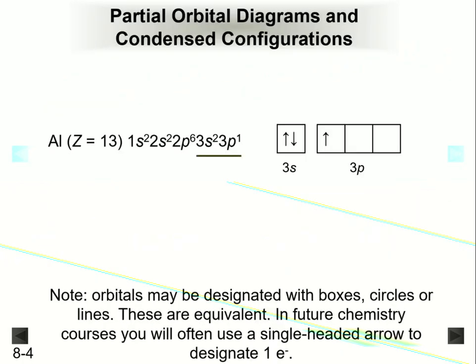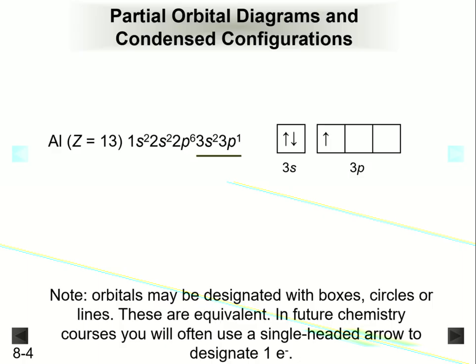So now let's look at what we'll call partial orbital diagrams and condensed configurations. Let's take aluminum as our example. Aluminum has an atomic number of 13, so there are 13 electrons. If we were to write down the electron configuration, following that energy level diagram we saw in our last video, we would fill it as 1s2. Then the next 2 would go into the 2s2. Then the next block goes into the